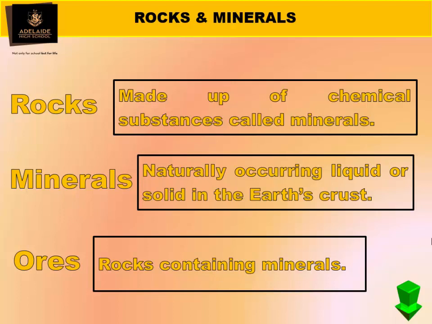Does anyone know? Why do you find minerals more in the Earth's crust rather than the mantle? You have no idea. What's yes? That is absolutely correct. Yes, Rihanna? That's correct. Mantle is hotter, and because there's more pressure, you have less minerals being formed. So that is why you only find it on the crust. The crust will have a hotter temperature as well, but not as hot as the mantle. So good. You have made the connection between the structure of the Earth and the formation of minerals.